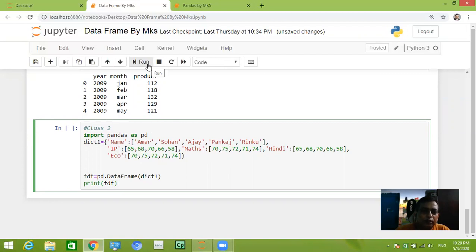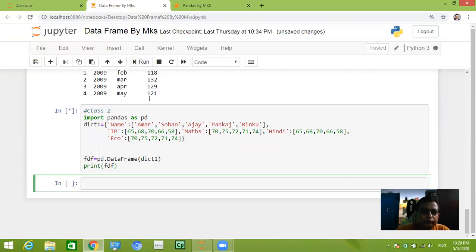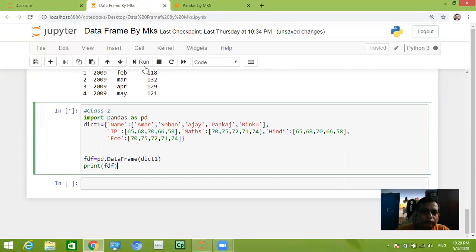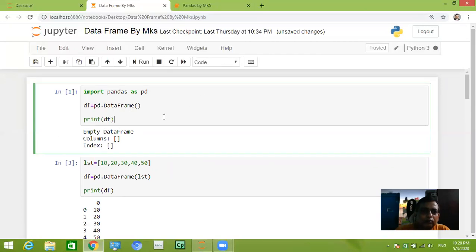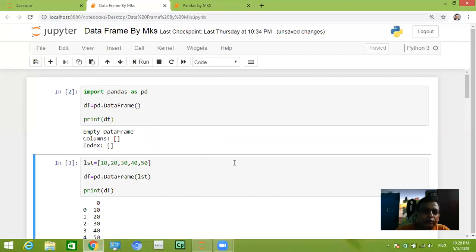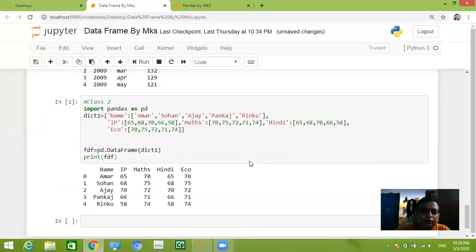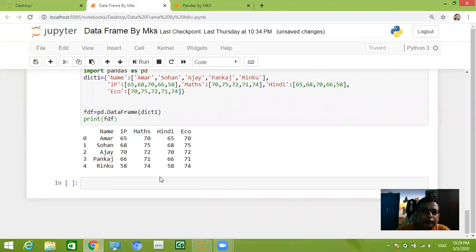Run this program. First you have to run this import function first time, then it will work.